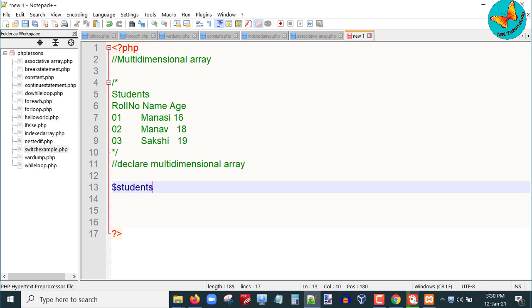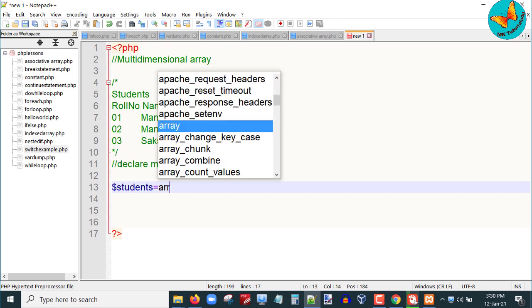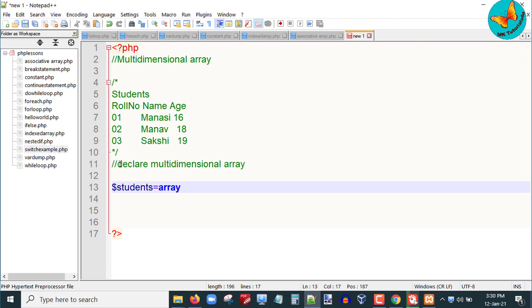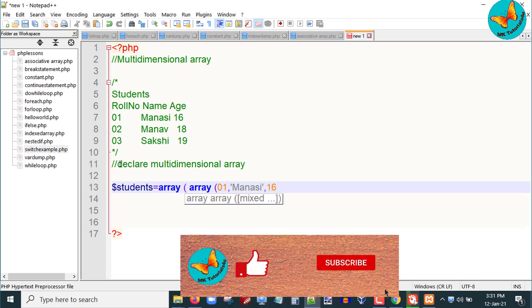For the given example, students, I will use the function array, and to declare the two-dimensional array, within the function I will write array again, and then put the data. Say the first field is the roll number, then I will mention the name, and third I will mention the age, and then I will write the three values.